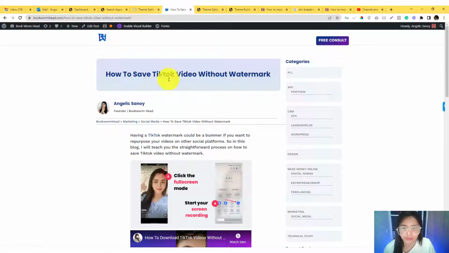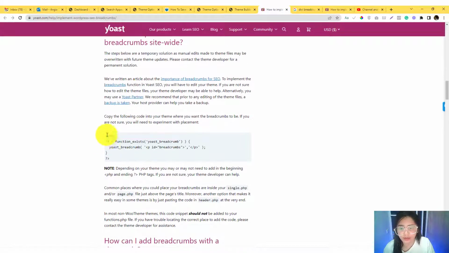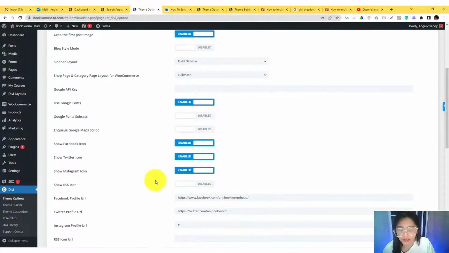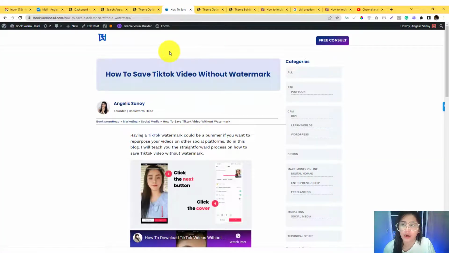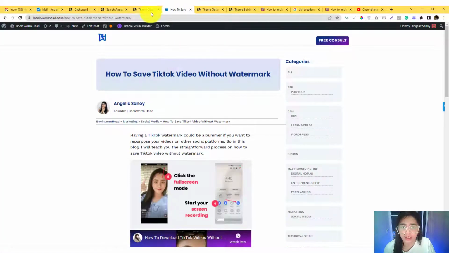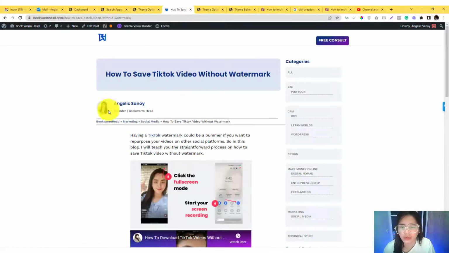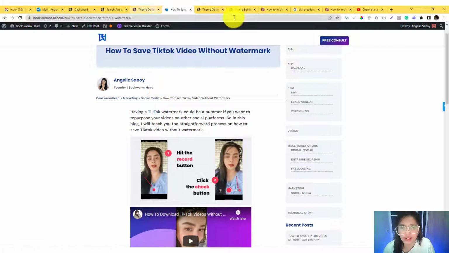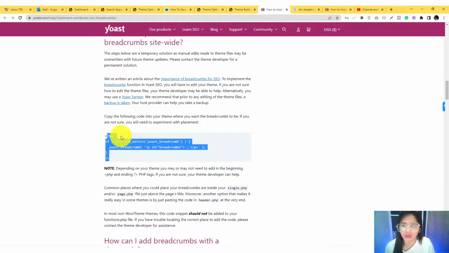So I can put that onto my theme options. Okay. Again, you can also use this PHP approach, and I'm going to show it to you shortly, in case your theme doesn't support HTML, but most WordPress themes really support HTML, so you don't have a problem with that. But just for the purpose of completing this tutorial about breadcrumbs, you can just copy this code in